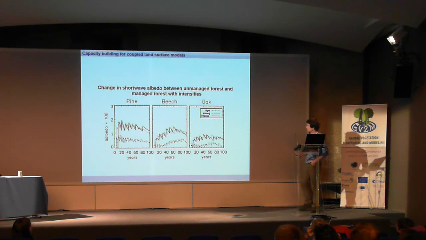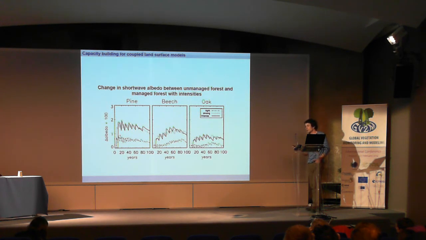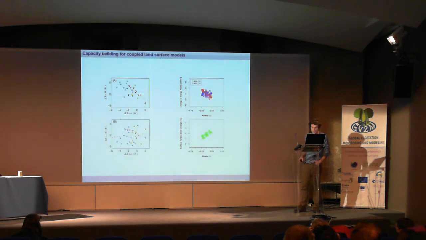So, some first tests of different parts of the model. Not all tests are made with the full model, but we can start seeing that if we use this albedo scheme and we add management, like forest management, in the model, and we go through thinning cycles, which you can see with the zigzag, now this is reflected in albedo. And although the changes are quite small, about 2/100ths of a unit for albedo, it is not insignificant. Small changes in albedo can have quite a big effect on the surface.